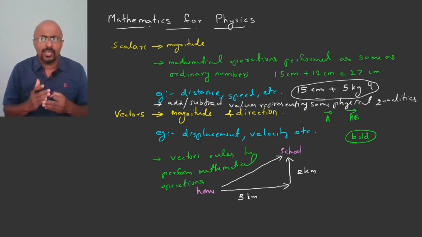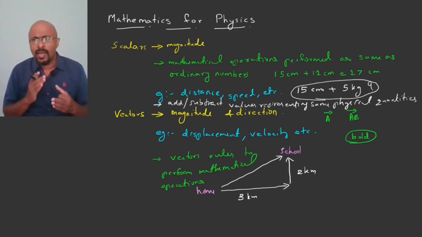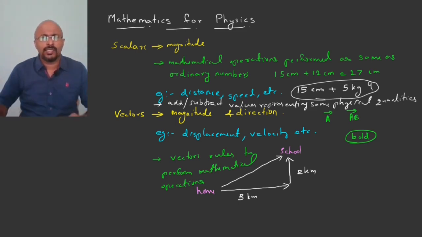For a vector, it requires both magnitude and direction to represent it completely, and it requires vector rules to perform mathematical operations. Now, we are going to study some types of vectors. The first type of vector we are going to study is equal vectors. A vector A is said to be equal to a vector B if and only if both